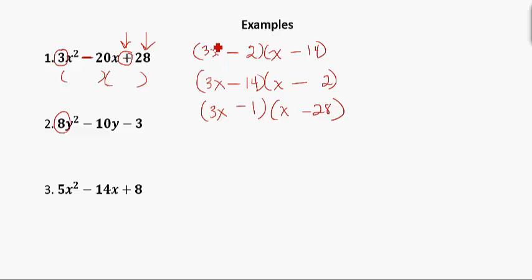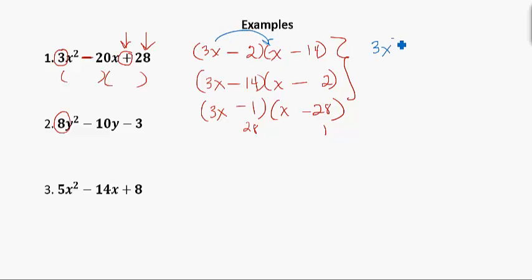So if we are just guessing and checking, I just looked at a few of the options. There are obviously more, because 28 can be 4 and 7, 7 and 4, 28 and 1. The 28 could be here and the 1 could be here, and so forth. So if you're guessing and checking, the next step would be to list your options and then actually